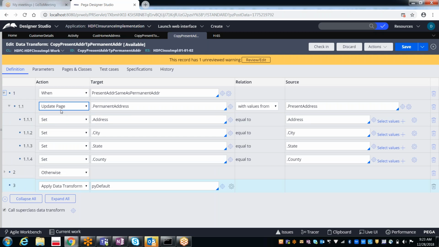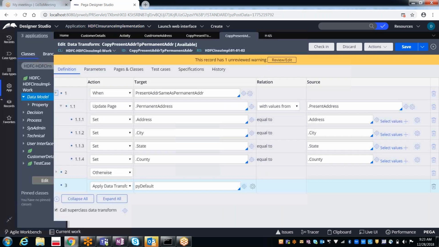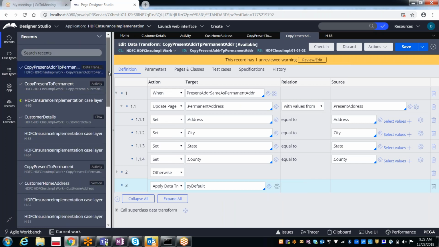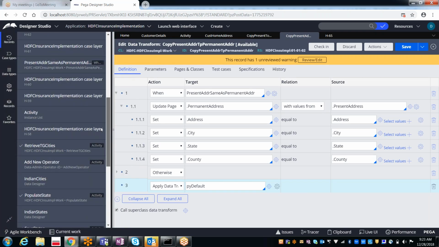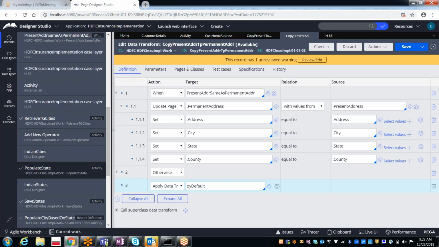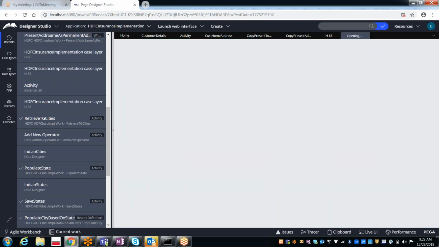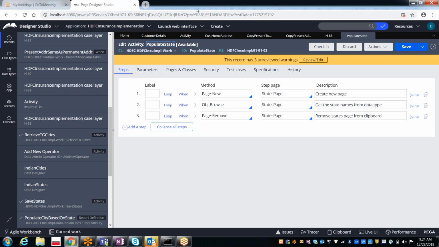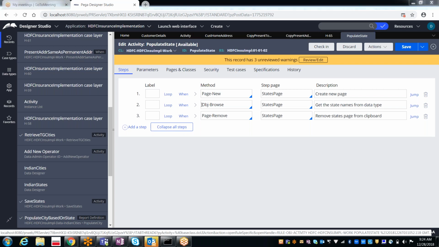But if you want to copy multiple pages, as we did previously in the activities, Populate state, here we used OBJ browse.